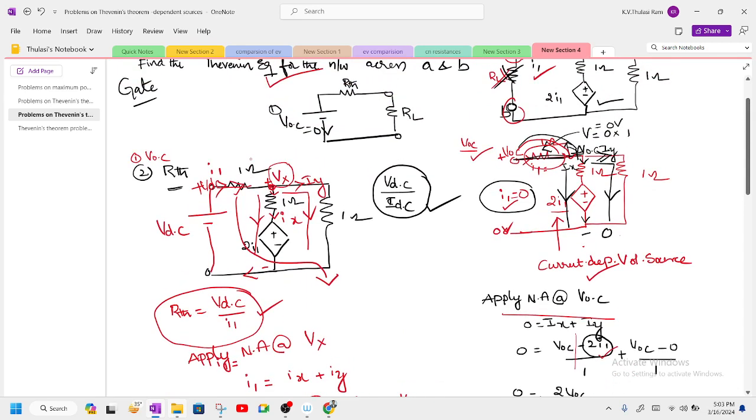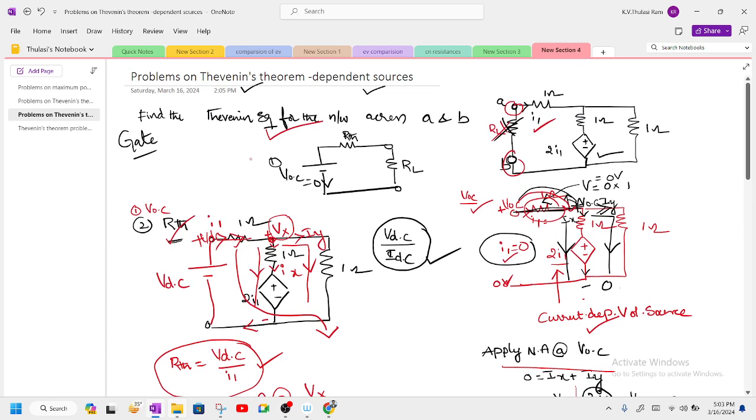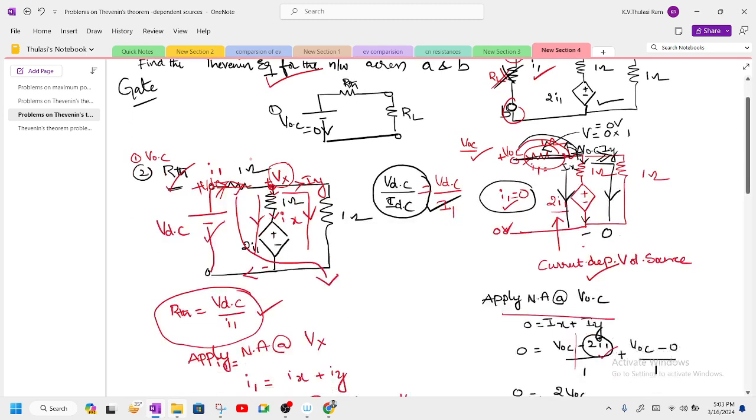Coming to this problem, as I already told while solving Thevenin's theorem, the Thevenin's resistance can be found by performing one thing. You apply some voltage and find out the current in this branch, and we express this R internal as VDC by the total current, where the total current given in the problem is I1. So when you solve it,